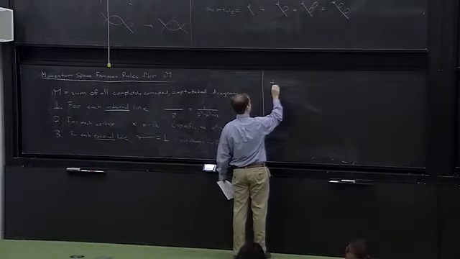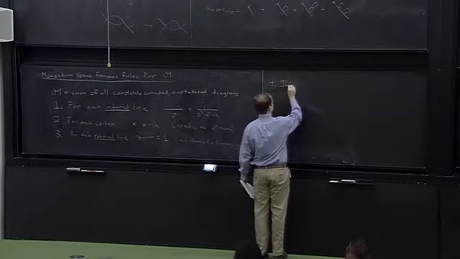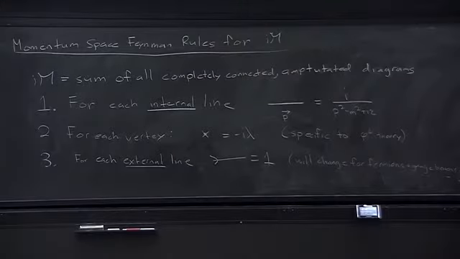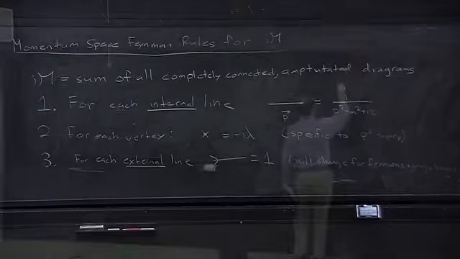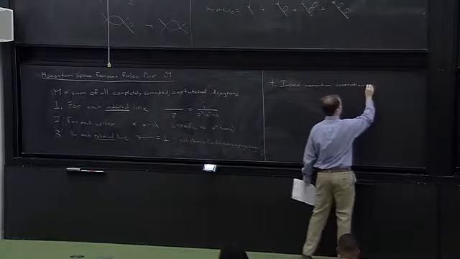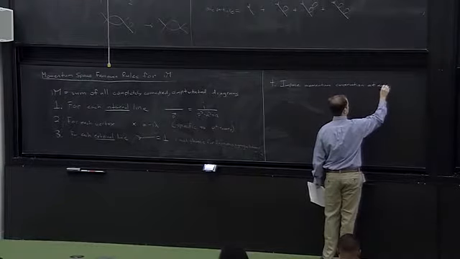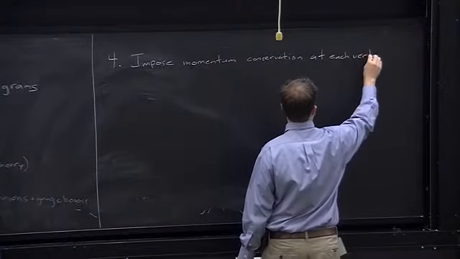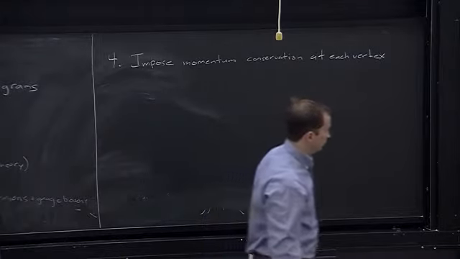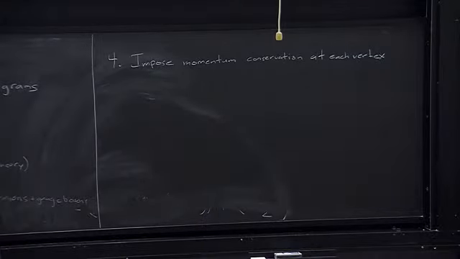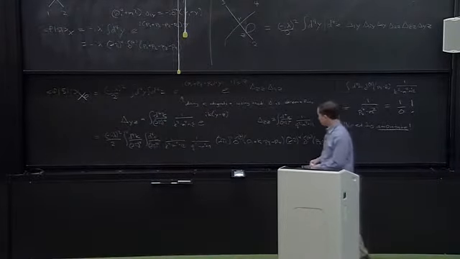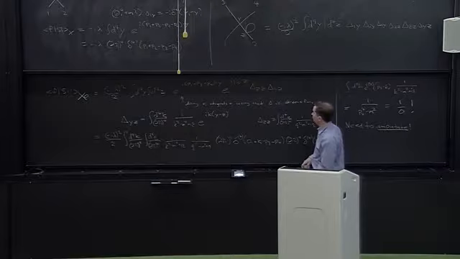Rule 4 is that we should impose momentum conservation at each vertex. And we saw an example of how that works. So here, if we look at these delta functions, what these delta functions are telling us is that